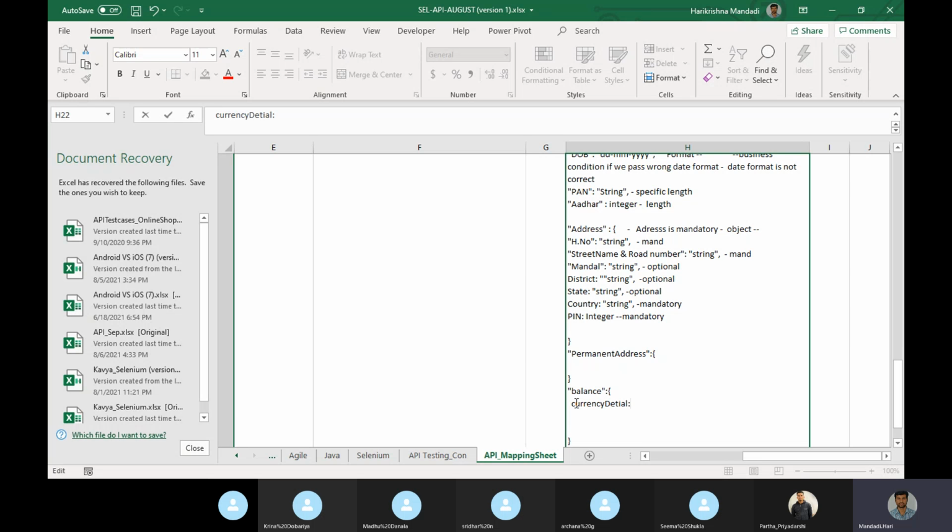there is a currency details object. This is, I am saying, an object. This is again inside balance. I have something in JSON. Just try to understand the JSON structure. So about the requirements, if they ask some questions also it's easy. Currency details I will have again fields, amount. What is the amount? Consider it is an integer.